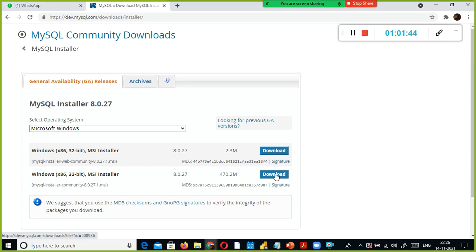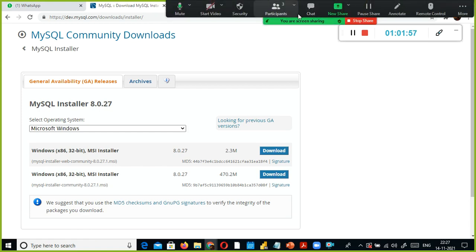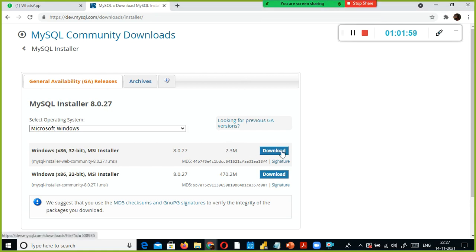If possible, tomorrow lunchtime when you download it, send a WhatsApp message to me, I will share the same Zoom invite with you and help you install it. Download MySQL and install it.